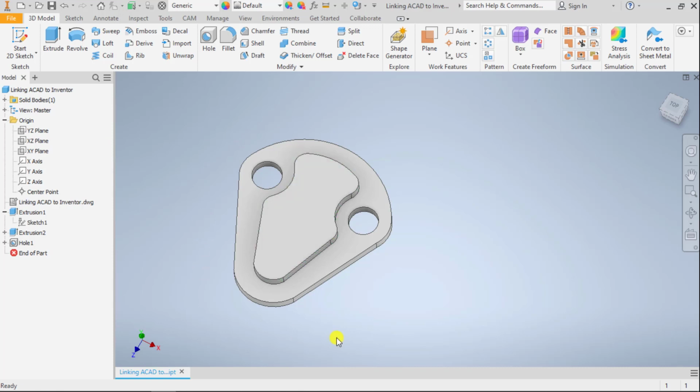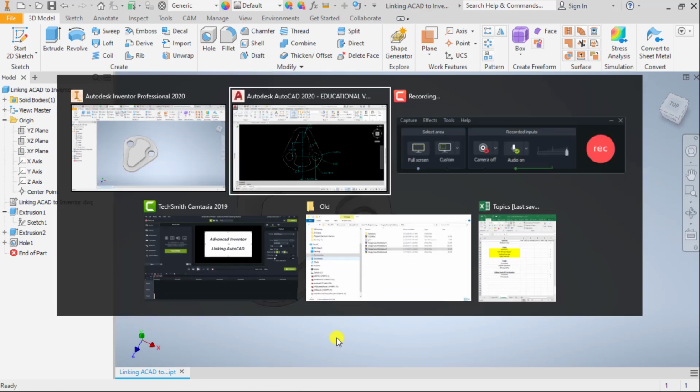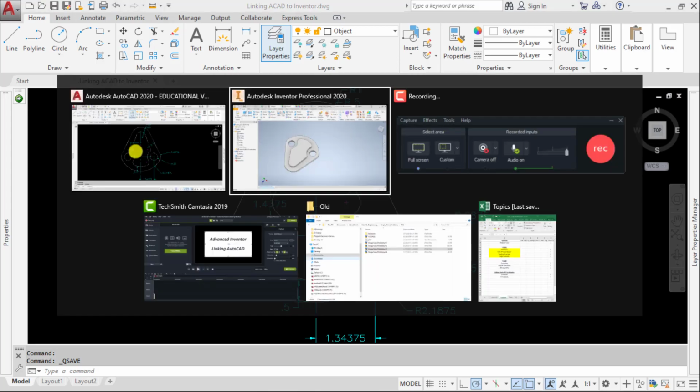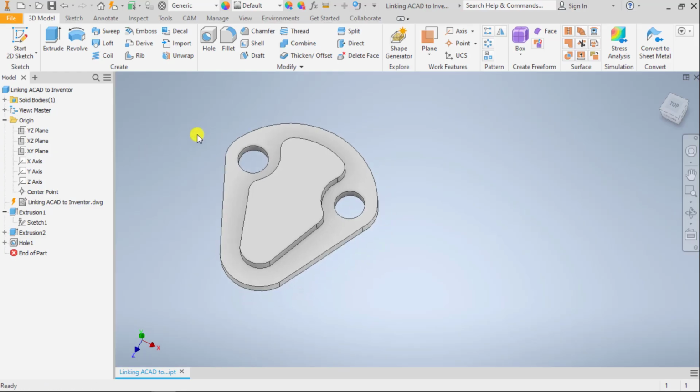One thing to note that's super important before I forget, the AutoCAD drawing must be closed. Okay, if it's open even in the least bit, you've got geometry that does not connect, it will not let you extrude it. So just make sure that when you're working with this, that everything's closed, and if it won't let you make an extrusion that you think it should let you make, odds are it's because you do not have a closed profile for your AutoCAD. So that's a tutorial, and